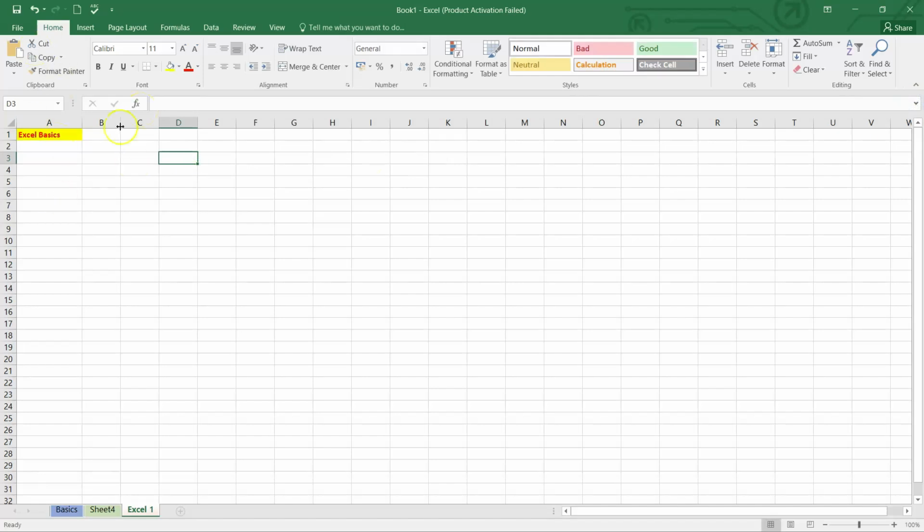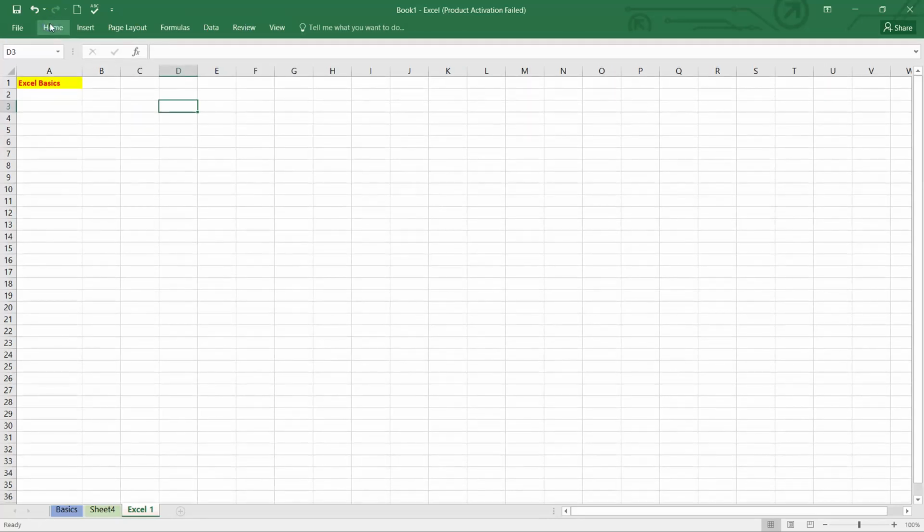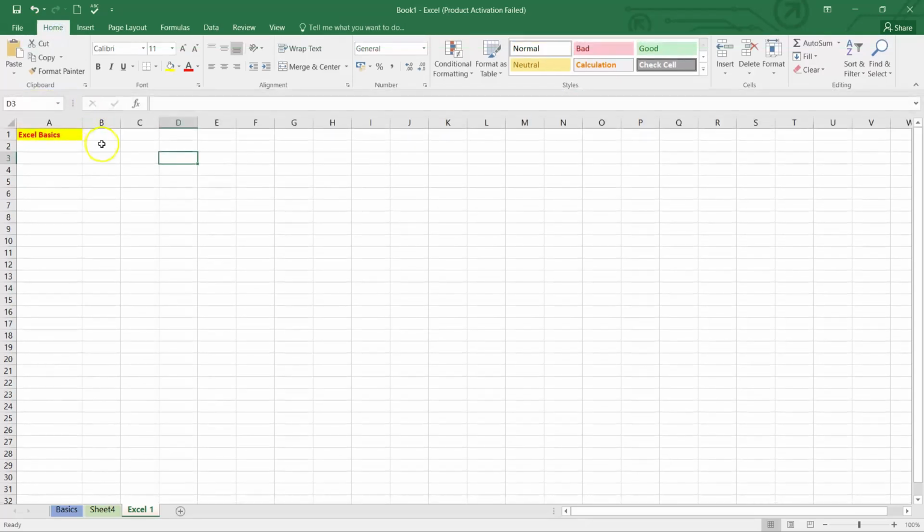Now, moving back to our ribbon. Suppose my ribbon has multiple tabs like we discussed in the last video. It has Home, Insert, Page Layout, Formulas, Data, Review, View. So there are multiple tabs present. If I just double click on any of the tabs, the entire ribbon will be gone, so I get wider space to work on my sheet. All right. If I tap it back, I can again see my ribbon.